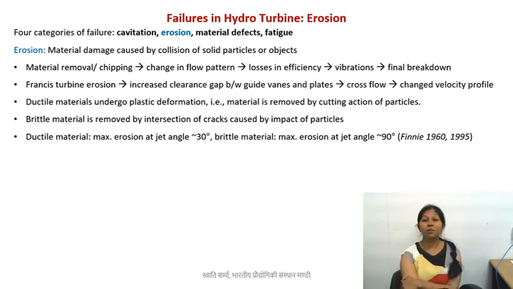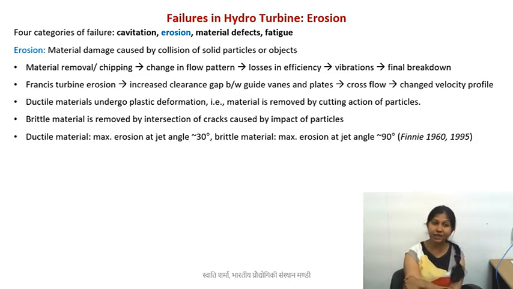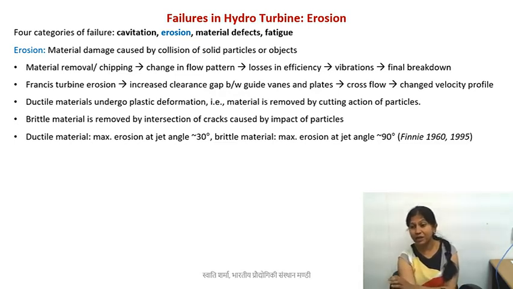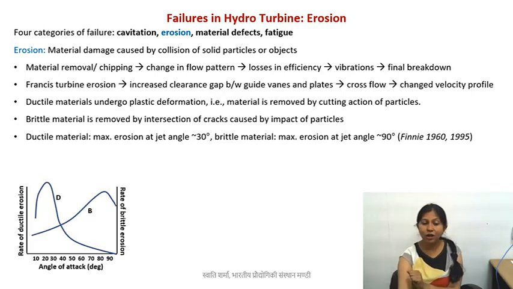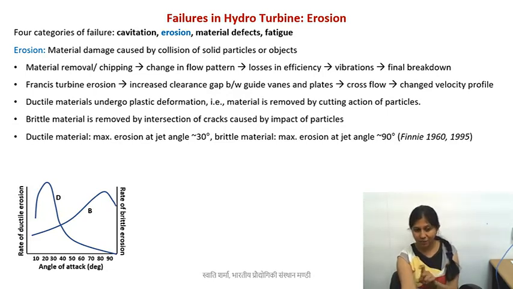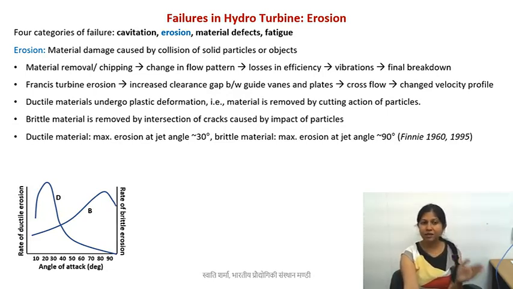Now, also we talked about the angle at which the particles hit. It has been studied that in the case of ductile materials, the angle where the maximum erosion takes place is about 30 degrees. However, the angle in the case of brittle material is 90. So if you plot it, it will look something like this. Angle of attack is plotted on the x-axis, and you can see the erosion rate for ductile type of erosion or brittle type of erosion. You can see that the peak for ductile erosion is around 30 degrees and the peak for brittle erosion